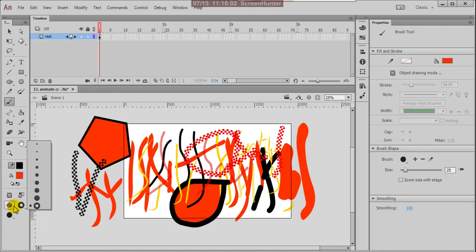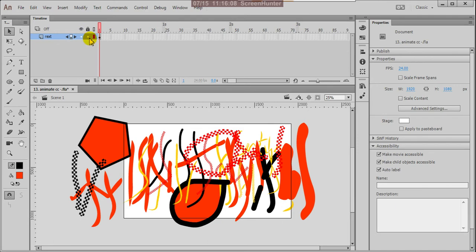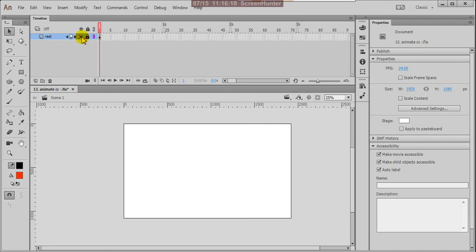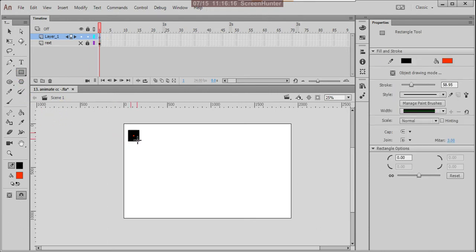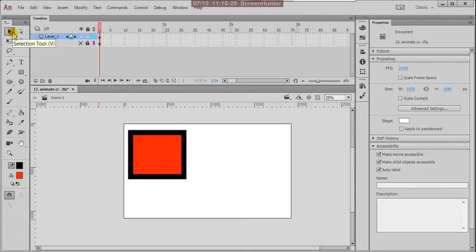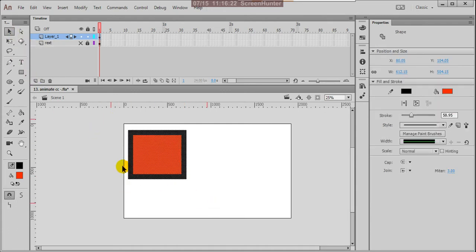Now I'll explain the brush modes. Suppose this is my box. Click on the brush, and this is in paint normal.